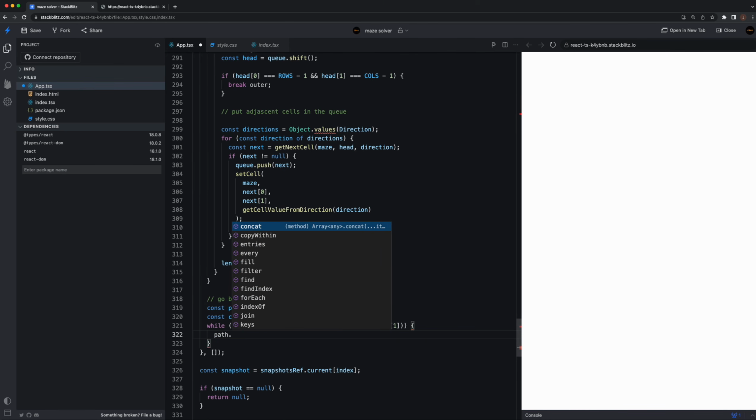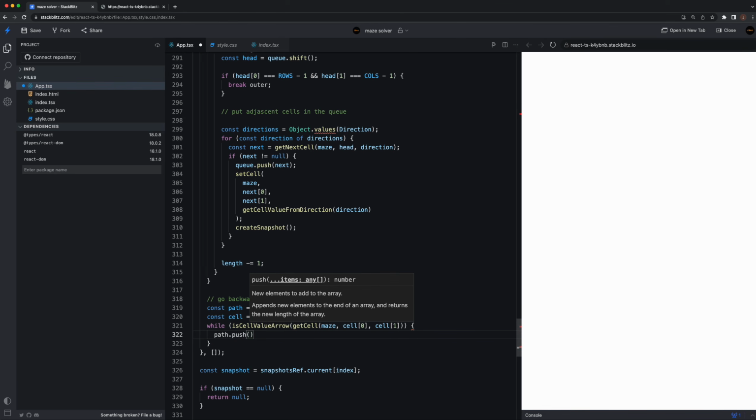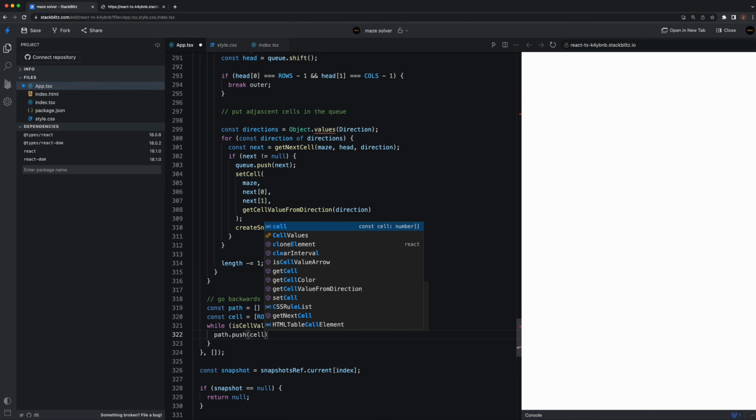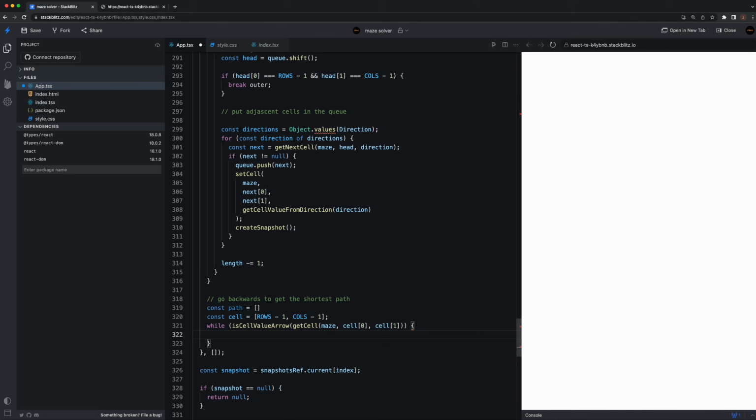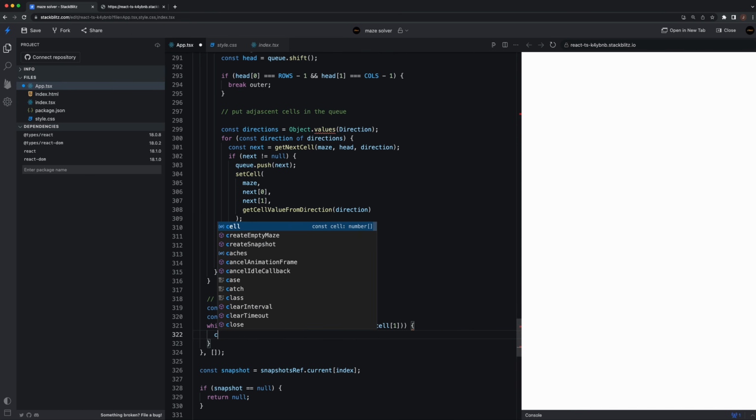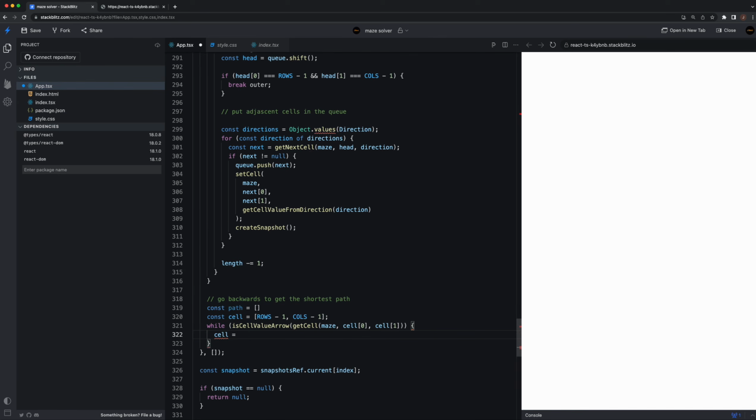Path push, and then you do reverse it. So path push, push cell. No. If there's an arrow, we would update it. So cell equals... wait a minute. Value is direction, right? So if it is arrow,